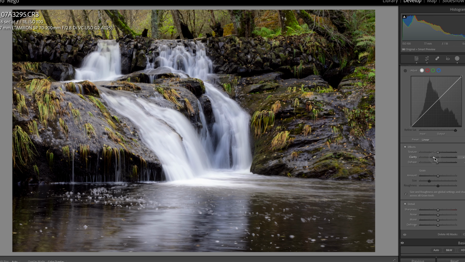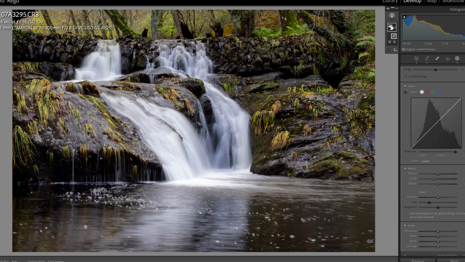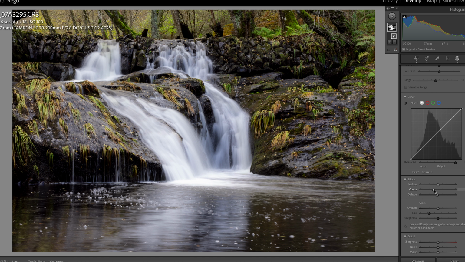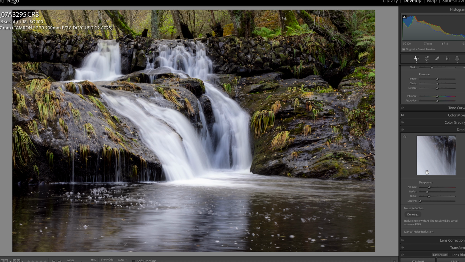Okay, so I'm going to put it to -25 here, and let's see here the before and after. Before and after, and as you can see, we are just creating some glowing effect here in the water. Okay, so now I have this clarity effect made, and now I'm going to come back to my editing panel,